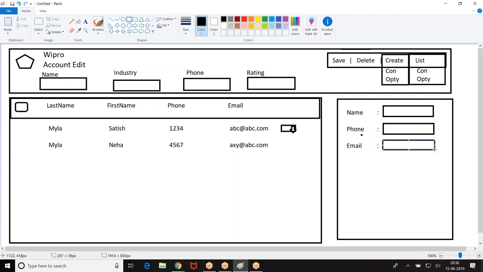Right. First, the top concept is what? Lightning card with force:recordData, because I want the ID on the standard page. On the standard page of the account only, we are trying to add it. I want the data of the account. So lightning card, record data. We have done one example of this. Then I have to go with the lightning button group with the button menu. In the menu, whatever button you selected, then the controller action should be called.